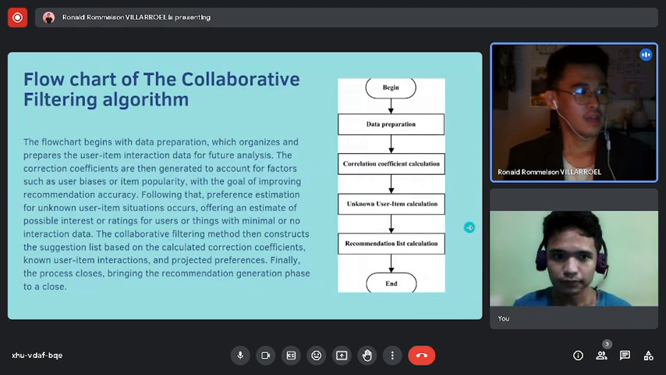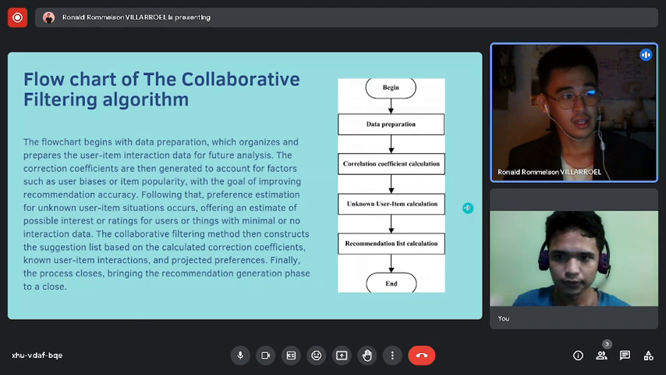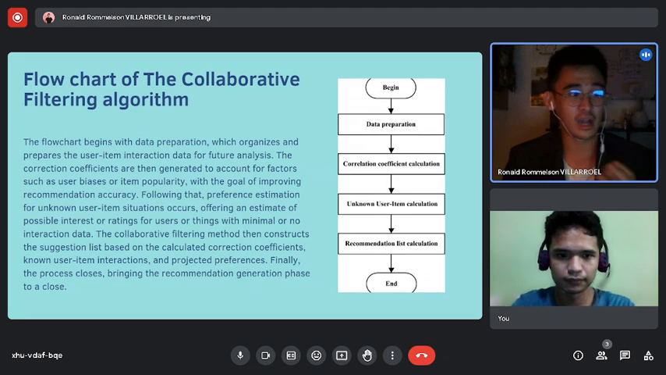This is the flowchart of the collaborative filtering algorithm. The flowchart begins with data preparation, which organizes and prepares the user-item interaction data for future analysis. The correlation coefficients are then generated to account for factors such as user bias or item popularity,